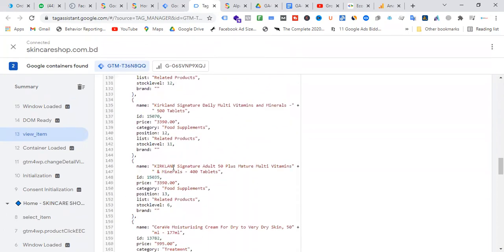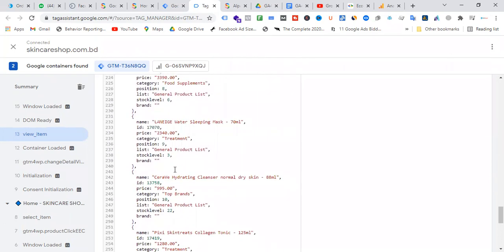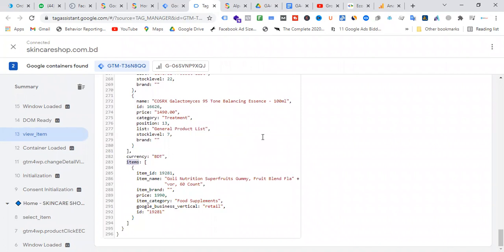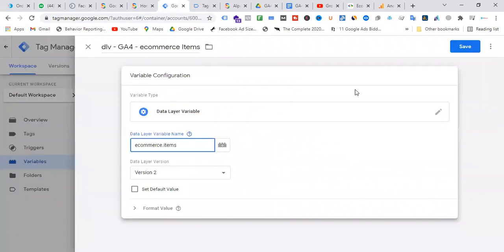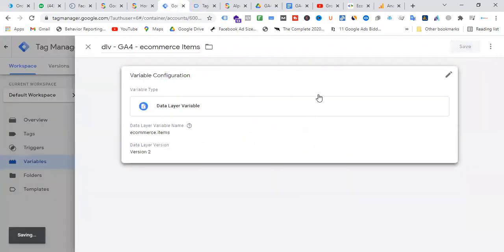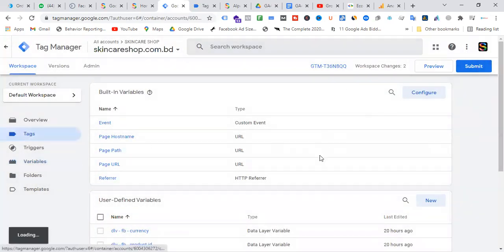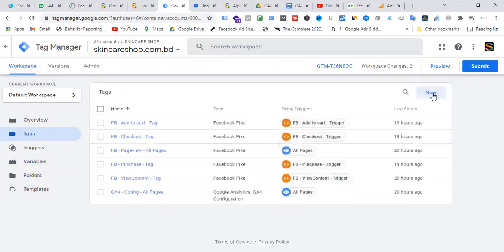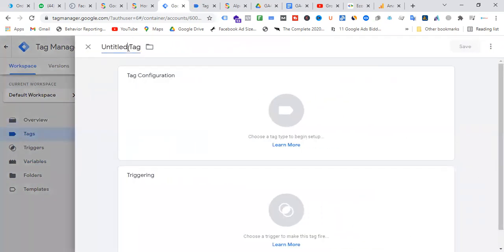So e-commerce dot e-commerce dot items. That's the thing. Okay. Now, if we want to take a tag, just go to the